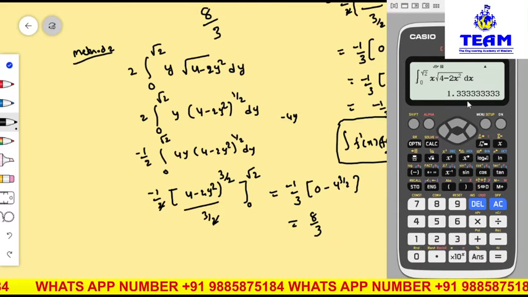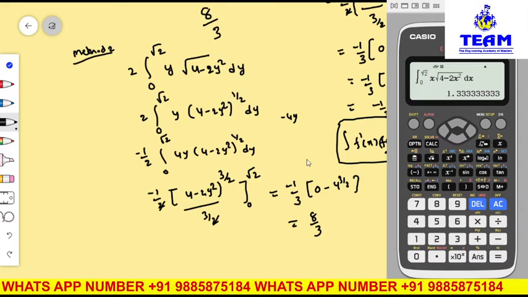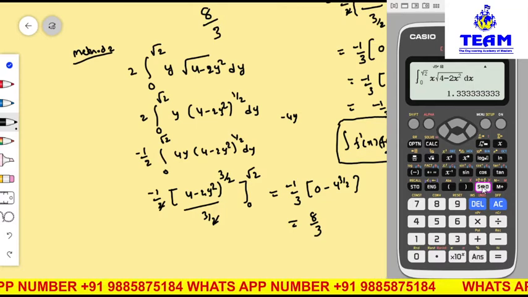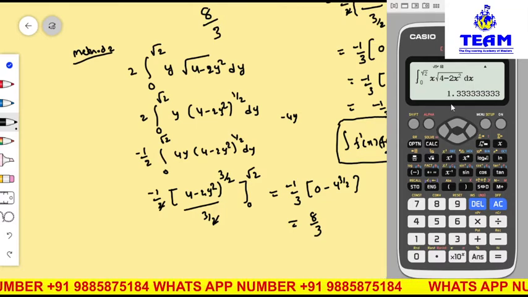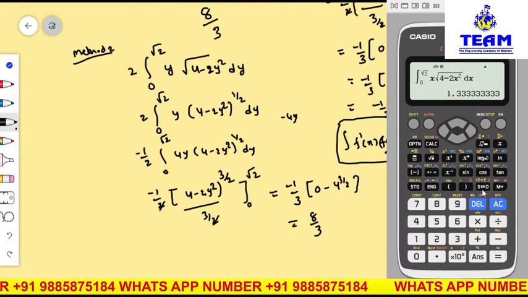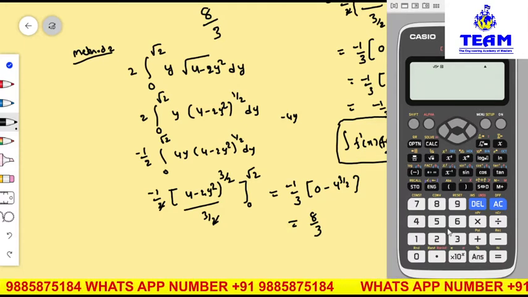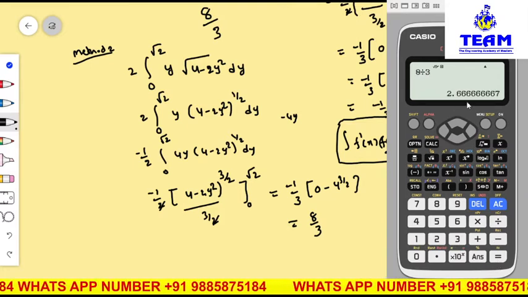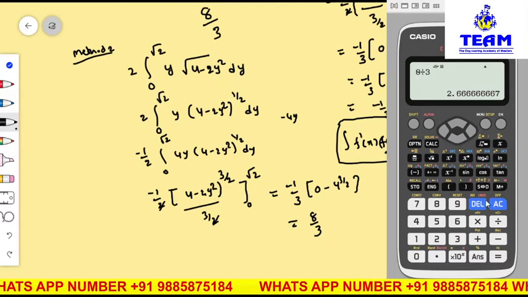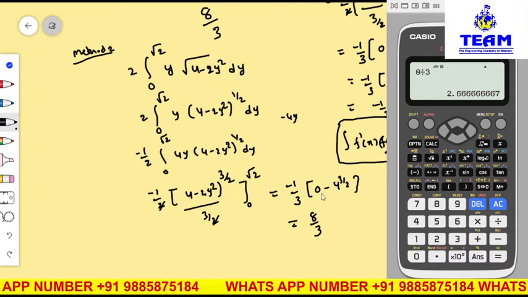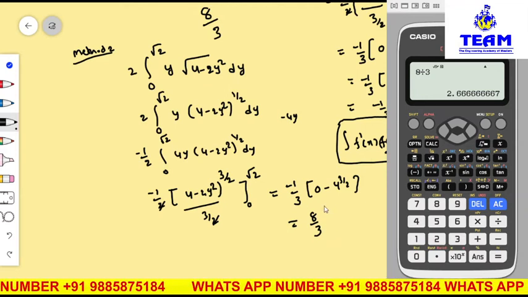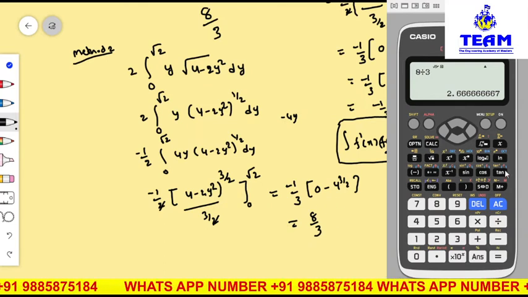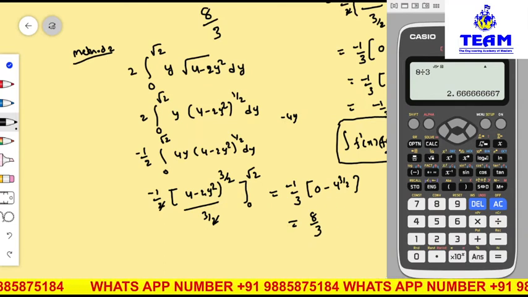This is 1.33. Okay, 8 by 3 also if you do it, here actually you have a 2 outside, so 2 times of 1.33 is nothing but here you will get the value 2.666. Okay, now anyway if you have a doubt friends, you see 8 by 3 you do it, 8 divided by 3 is 2.666. Clear? So both will be same, you can write directly, just verification purpose only, but in the exam it is not an easy task. Okay, in the exam sometimes we will get in division form, sometimes we will get in digits also. Okay, anyhow, thank you for watching this video.